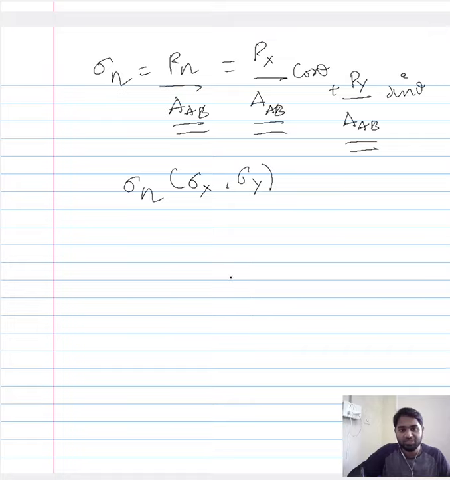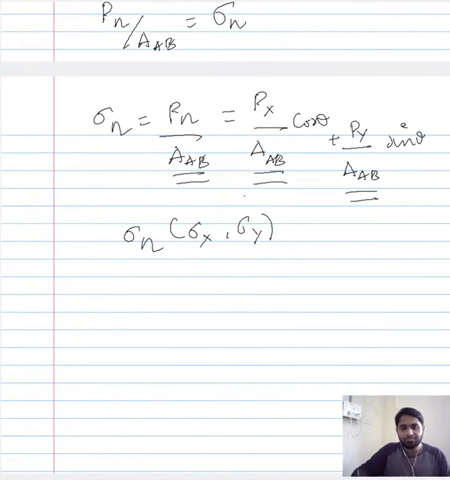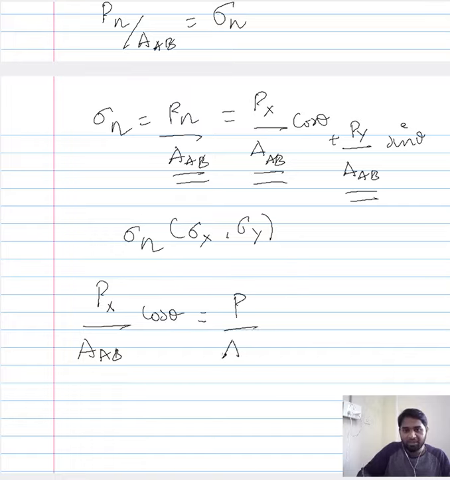So if I want to express the stress along the x direction, I have to represent the area AB in such a manner. Now if I want to express the load in terms of the stress along the x direction, then I have to represent my area AB with respect to AC. So if I do that, then Px by area AB cos theta would be of the form P by area AC, or rather area BC cos square theta.